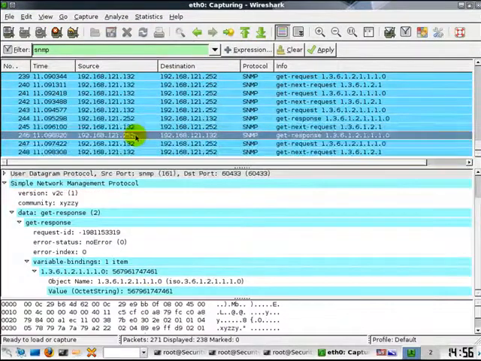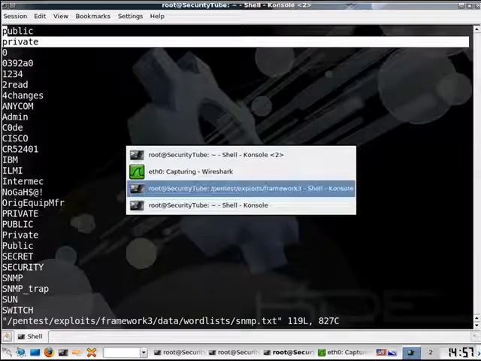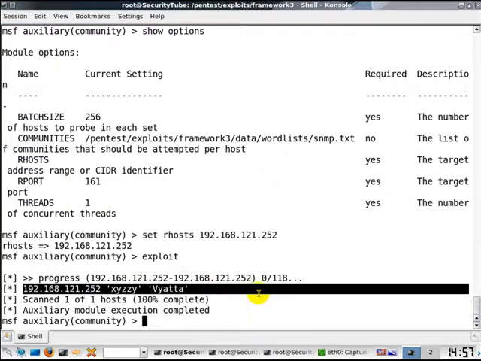Here is another response, where generally this SNMP listener would support multiple protocol versions simply for backward compatibility. And here also we have the community string xyzzy. And this is exactly what the SNMP community scanner is showing us in the result.